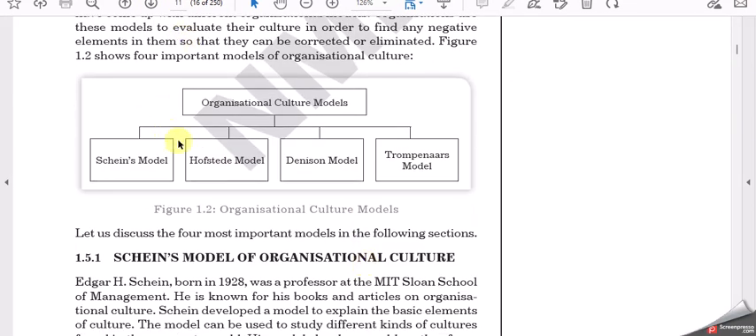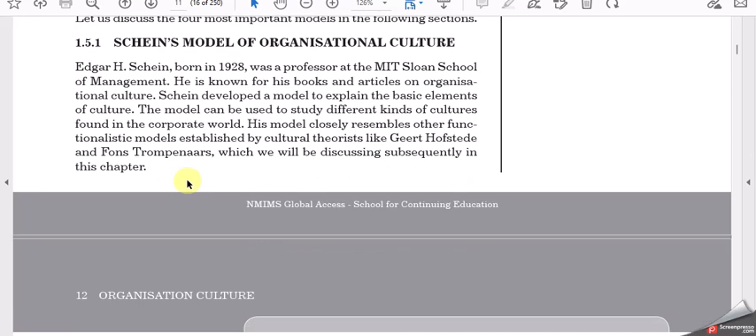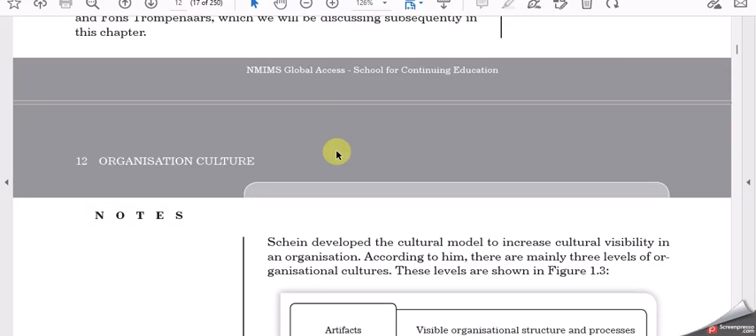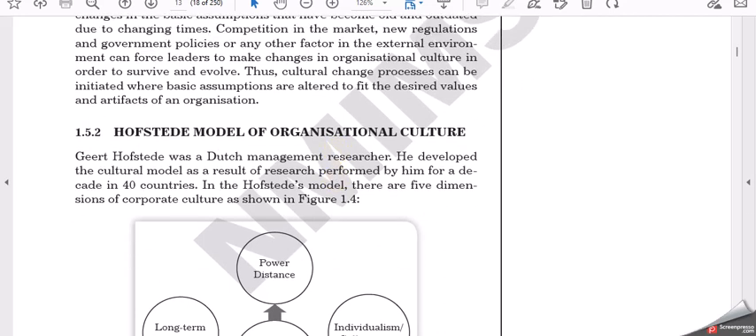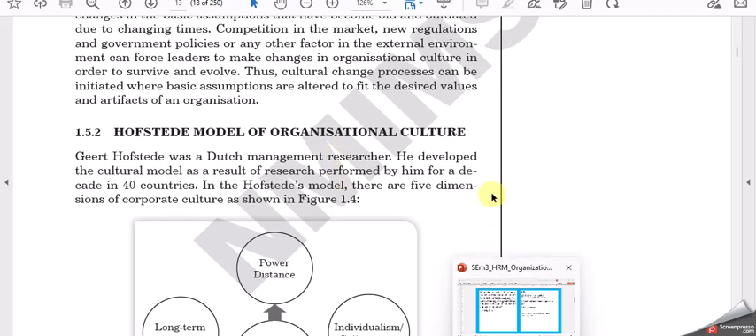So here are the measured models among them. The first model is Shine's model. Here you have the details of the model. This portion you can take. Then the second one is